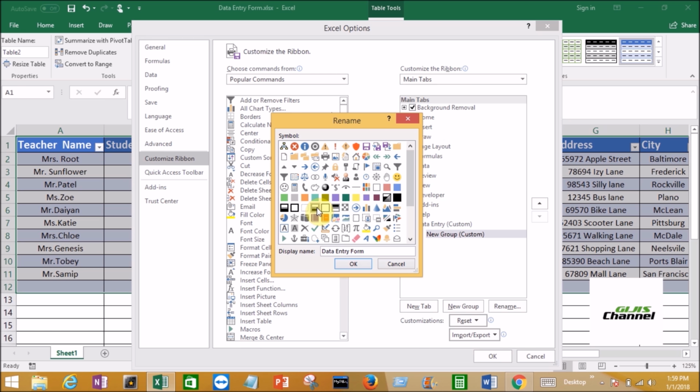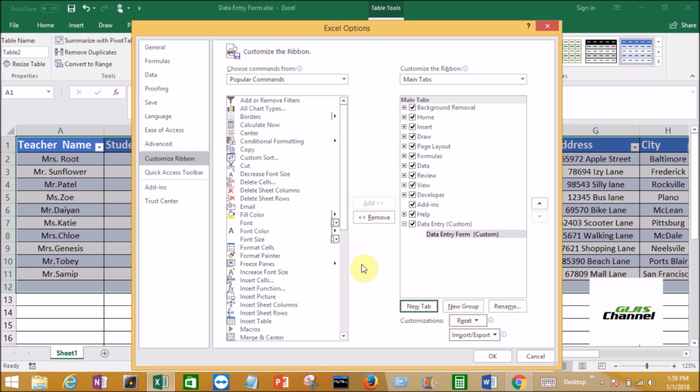If I want, I can select any of this logo or any of the buttons here. Let's just select one of those, like a form here. For the purpose of this demo, I'm just selecting one of these and click OK. So that is done. So we have the data entry form. Under the data entry tab, we made a subgroup, form. So the next thing I'm going to do here is